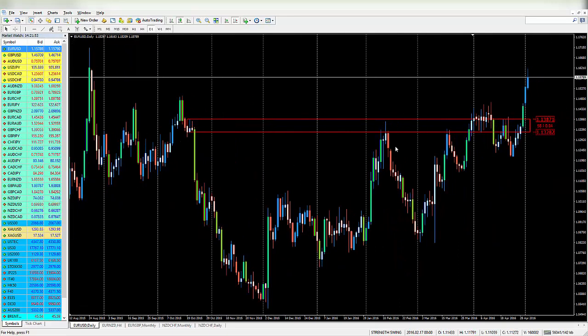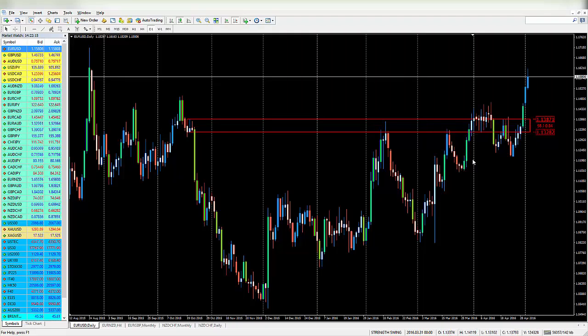So let's assume here you can see that we had this area of supply. We had a reaction once, we had a reaction twice, and each time price feeds into this area, it's consuming the liquidity available at the area. So each time the area gets weaker and weaker. So after this test it got weak, another test it got weaker, and on this test it was